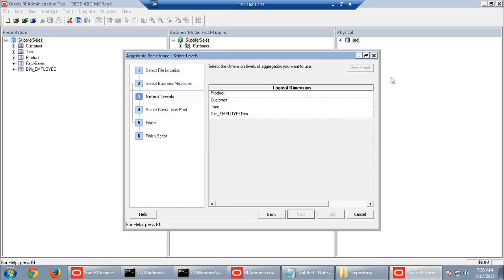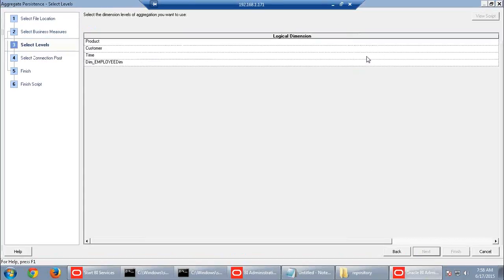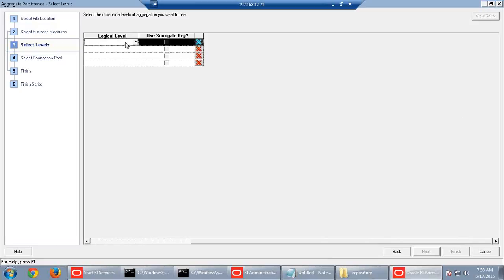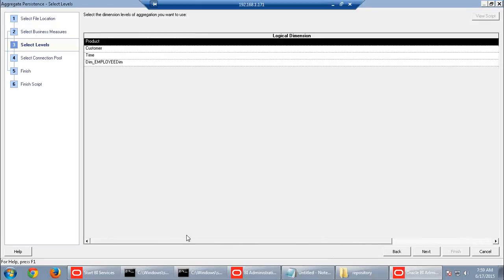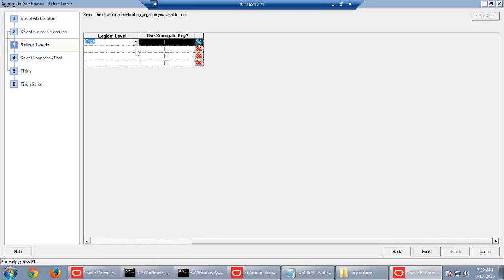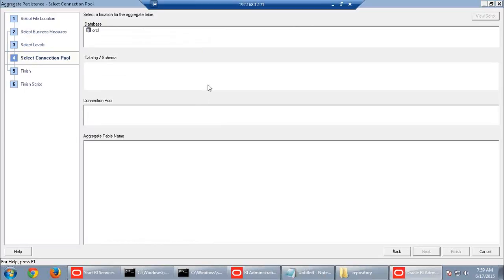Next. And you can see that with respect to dimensions, you have certain levels. So with respect to your product dimension, logical with respect to product, I want a type level, and with respect to customer, I want a sales representative level, and with respect to time, I want at month level. Okay, so just click next,